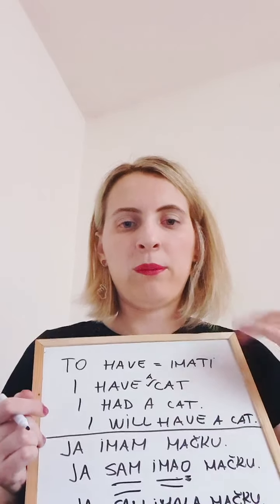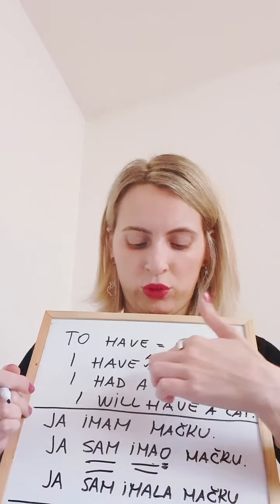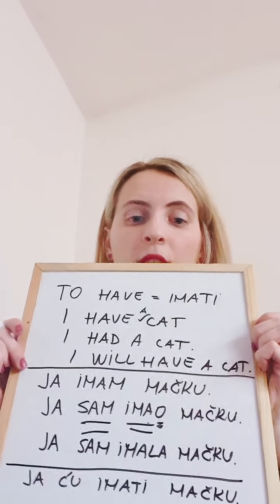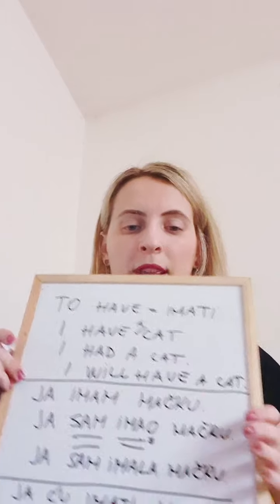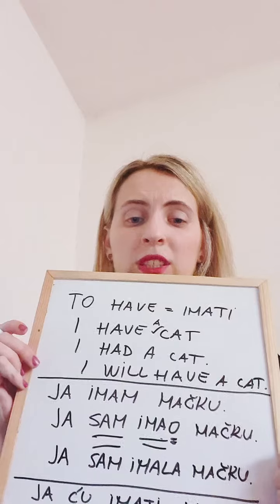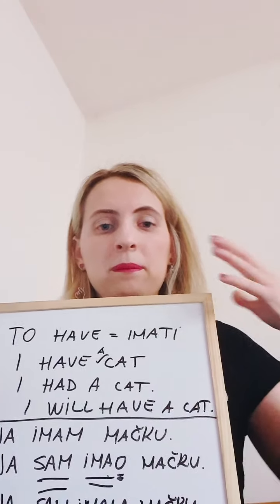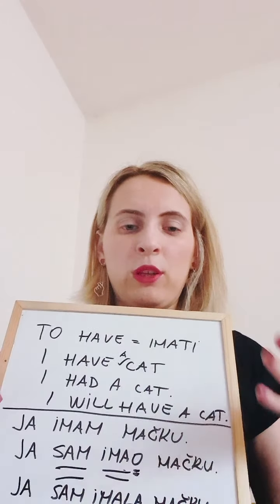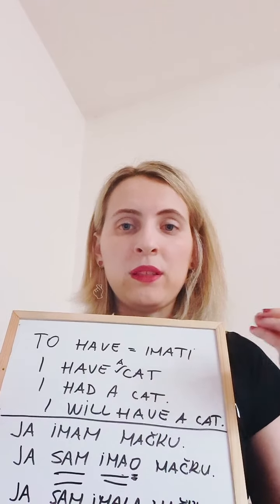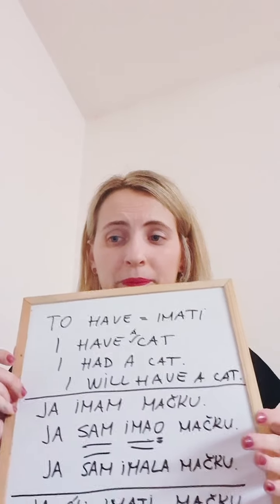But okay, if I'm talking, I know I'm female, so ja imam mačku. But you don't need to change anything. But in the past you need to change ja sam imao if it's a male, or ja sam imala if it is a female. But again, in the future, ja ću imati mačku. We don't change this because it is infinitive and it is not important is it male or female. So actually in the future and in the present, we don't need to use male or female, but in the past we need to